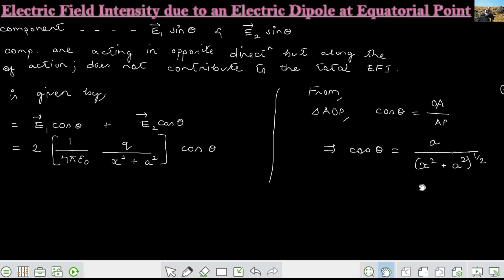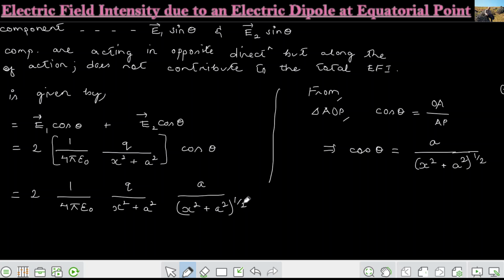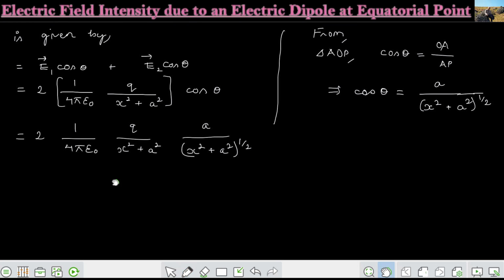So using that value of cos, we will write here: 2 times 1 by 4 pi epsilon naught, q divided by x square plus a square. And this value of cos will be a divided by x square plus a square to the power 1 by 2. And then from here,